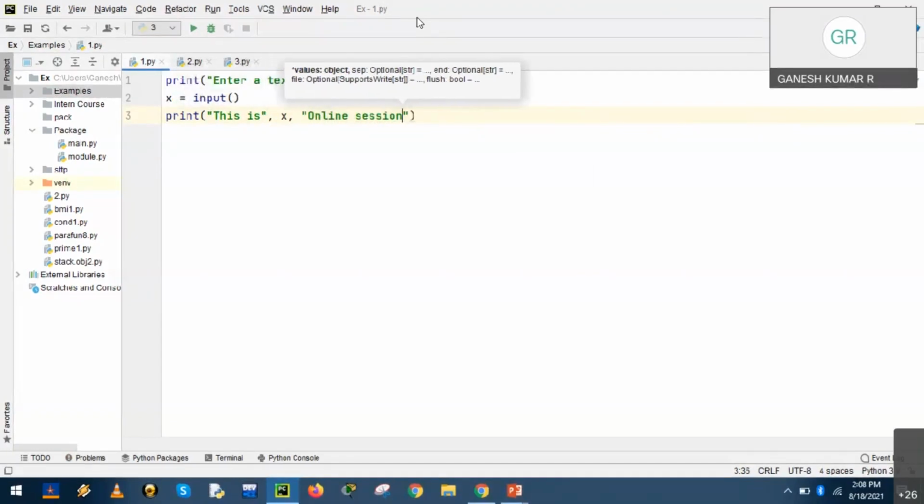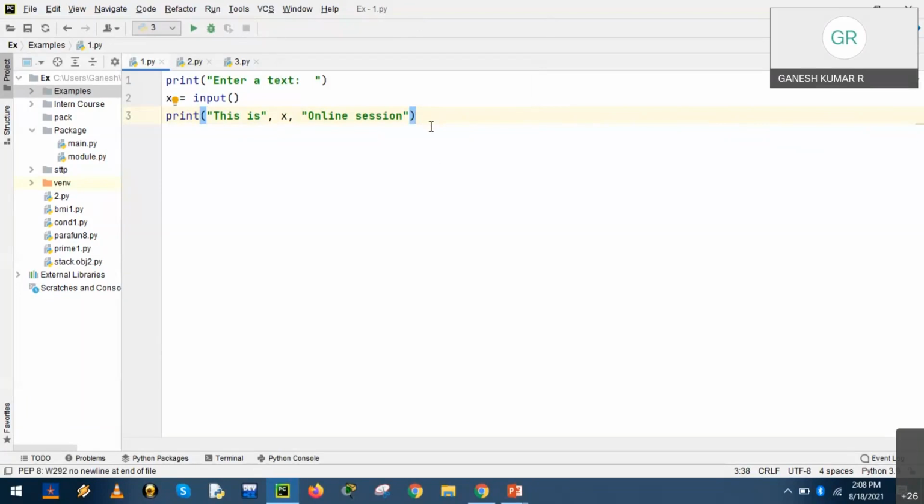Online session, right? So there are no mistakes or errors, because it is observed that there is no underline. In case you make any mistakes, knowingly or unknowingly, that will be reflected on the screen.